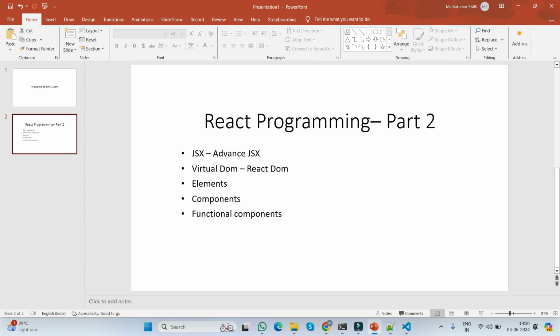And then we are going to see the virtual DOM, that is the React DOM. A virtual DOM is nothing but a document object model. I'll be explaining all these things in today's session, and then we are going to see what are the elements which are available in React programming. We should know what components are, how to write components,